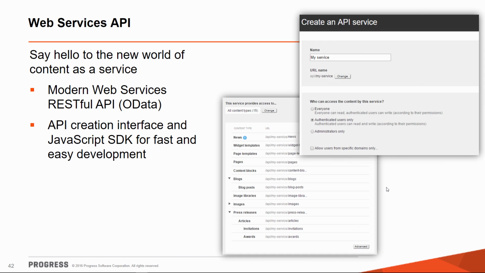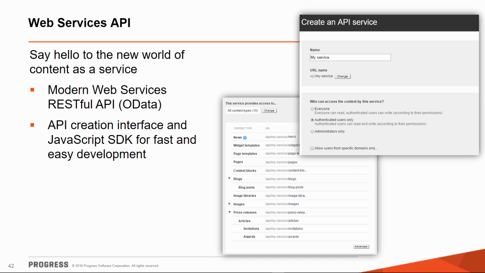Next, I would like to talk about a very big feature that has been in the works for more than 6 months now. And this is the new Web Services API, which is based on OData. This API is here to replace the current RESTful API, which is based on the Windows Communication Foundation. And what's cool about this new API is that we are providing a configuration interface for it, so that developers can create new APIs very easily through this interface. And that way you can either consume content from the CMS or you can import content to the CMS.